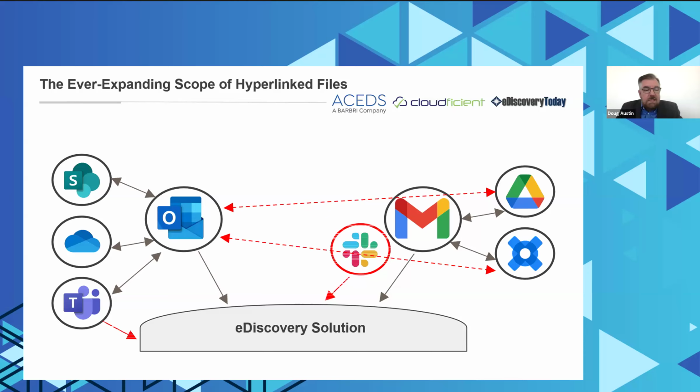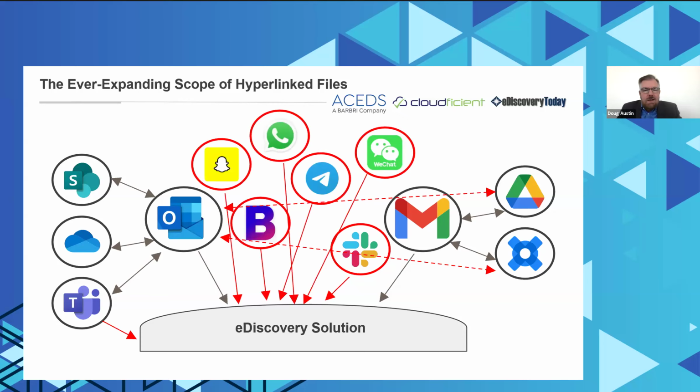Of course, Teams is a collaboration app, so people are sending messages via Teams with hyperlinked files, or Slack. There are 300-something million users of Teams and 40-something million users of Slack, and so they're all over organizations. But then there are also all these other platforms. I uncovered cases with these in organizations: Snapchat, Bloomberg, WhatsApp, Telegram, and even in China, WeChat.